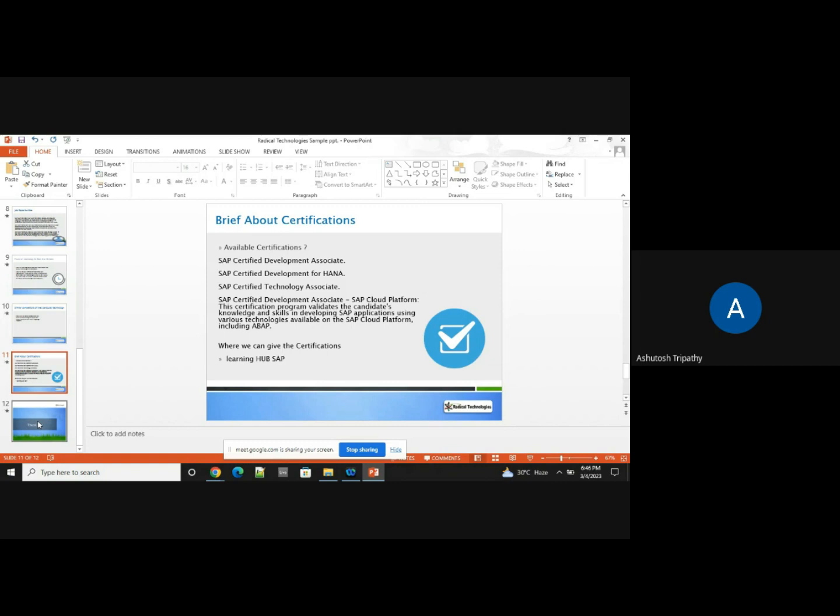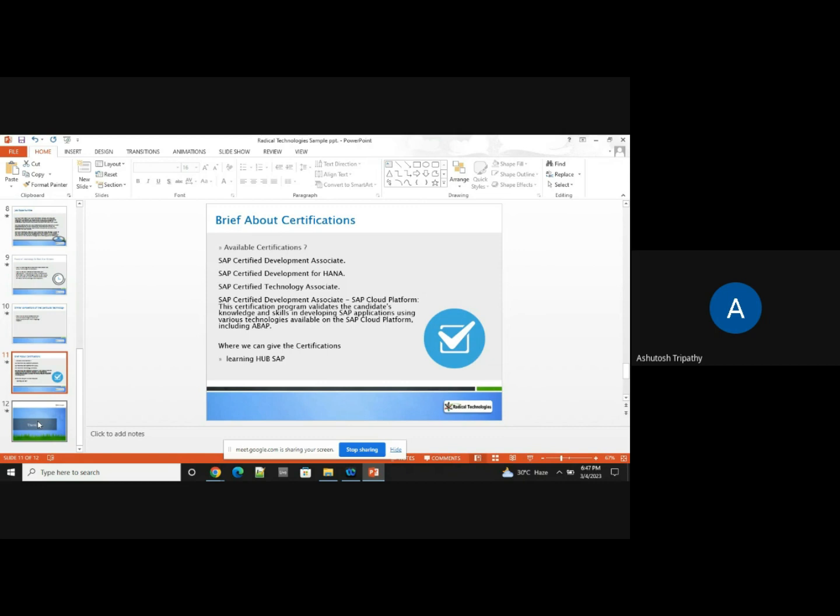The cost varies every month, because every month SAP allows you to write certification, and you can book online. It costs basically 50 to 60K, but it depends on the monthly dollar cost average, so maybe somewhere around 65K you can spend to do the certification.